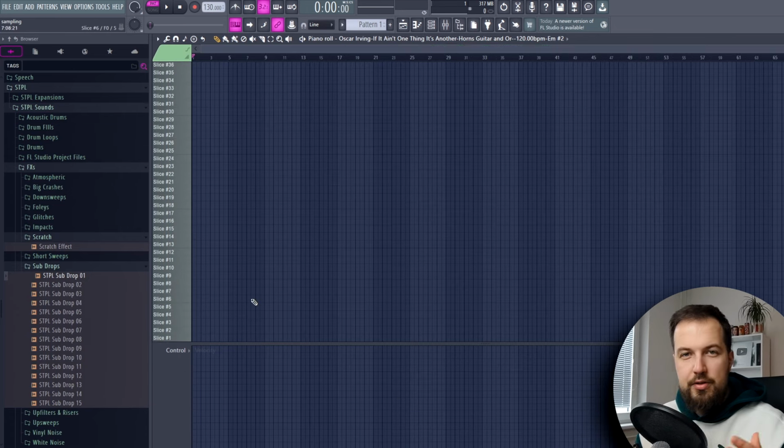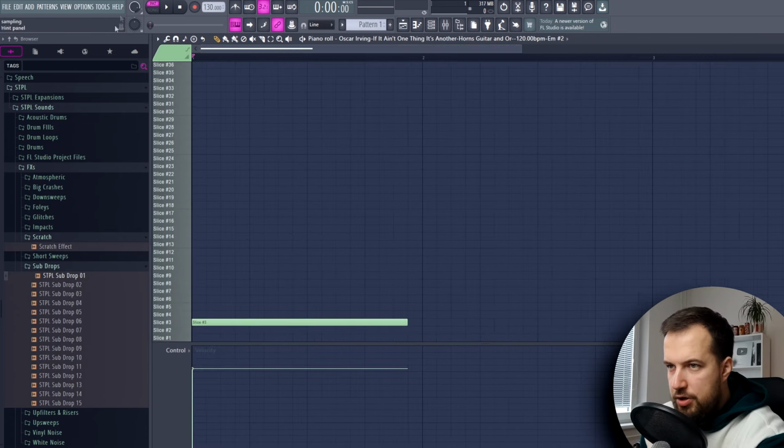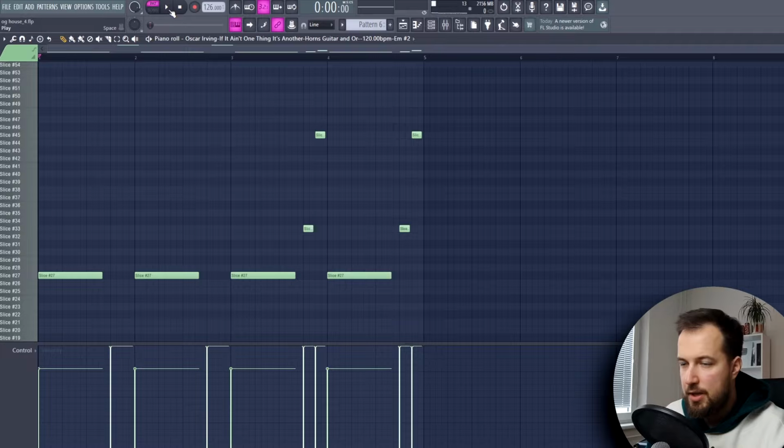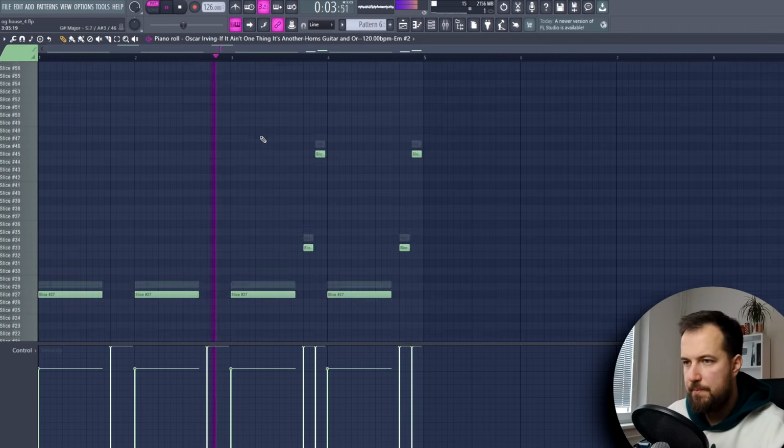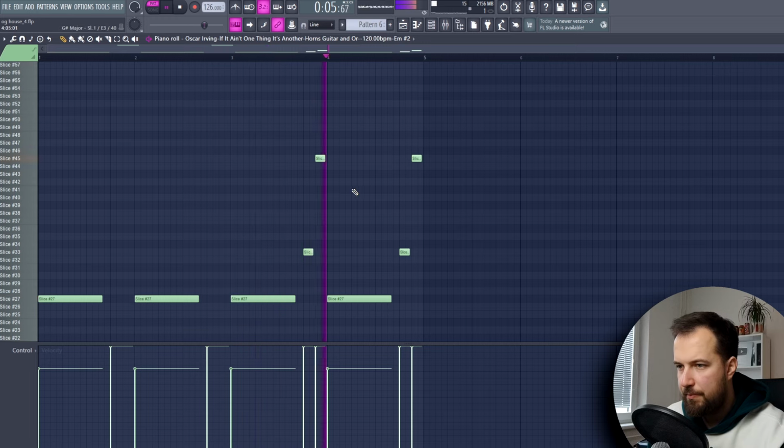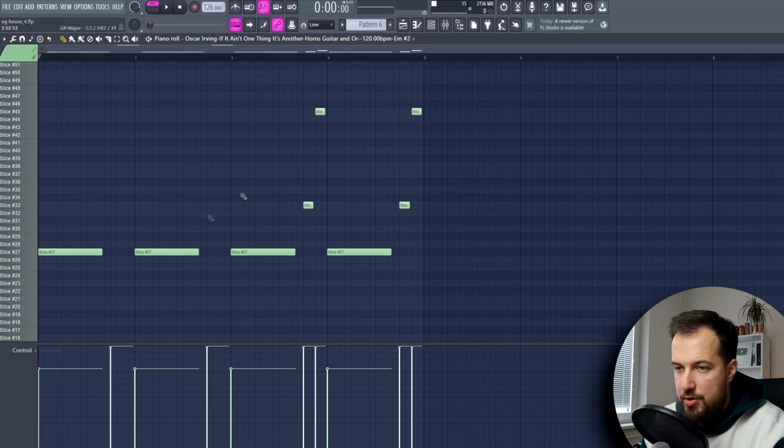And now you have to sort of start creating the melody. And basically you can just play around with it. It takes some trial and error, but here is the sampled melody that I ended up with. It sounds like this. So yeah, I just played around with the slices until I found something that I liked, and we're gonna improve